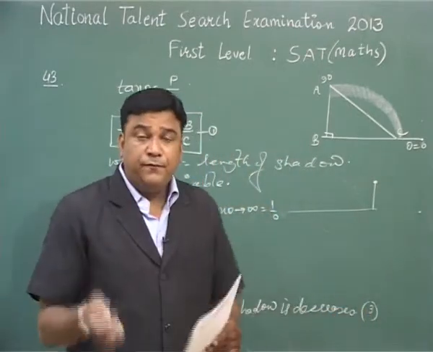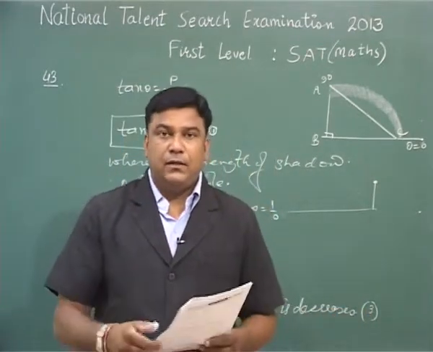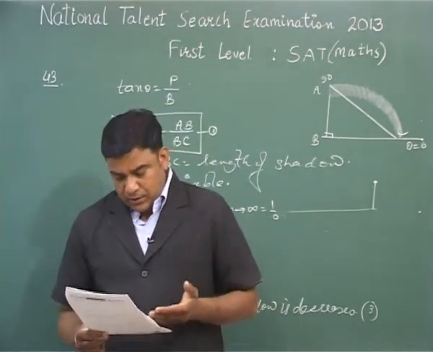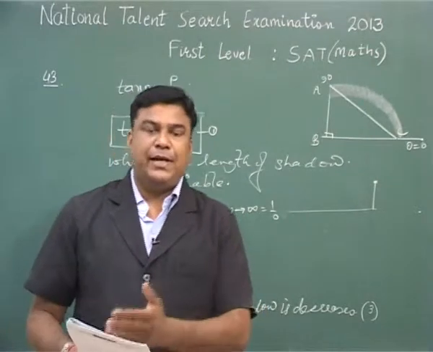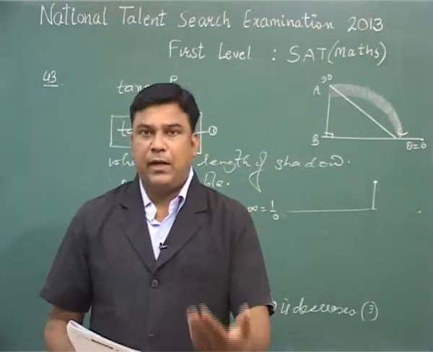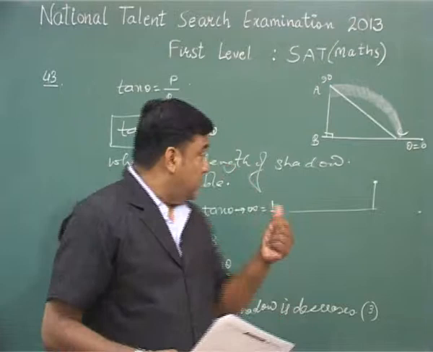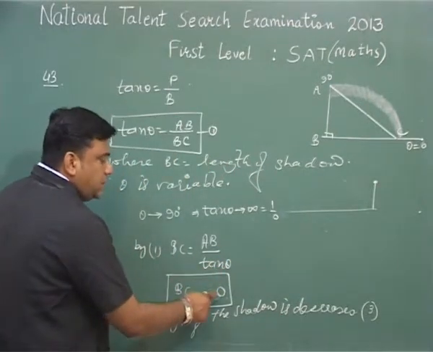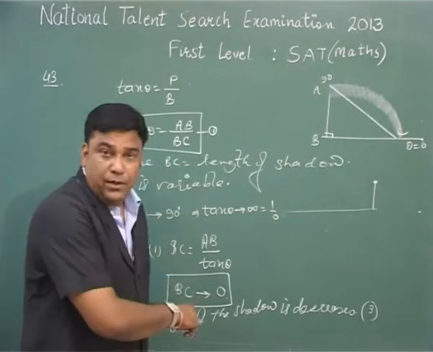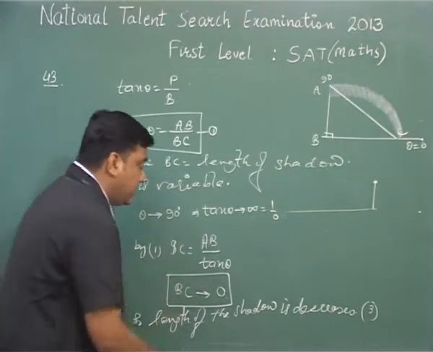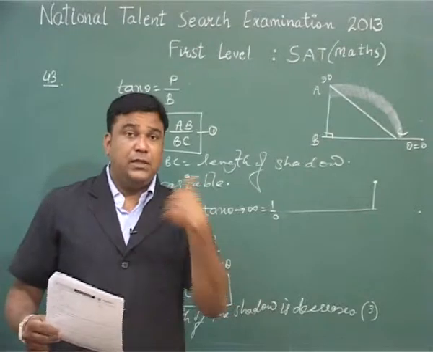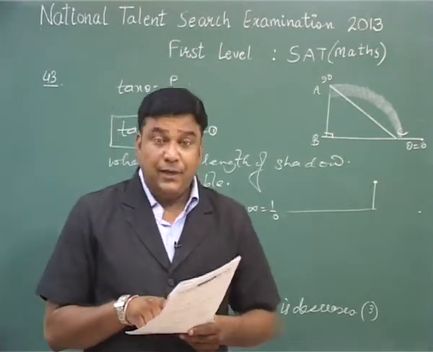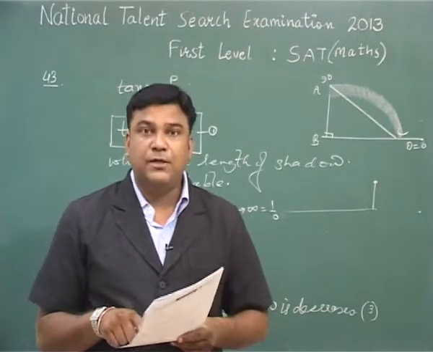But if theta is equal to 90 degrees, it is obvious that the change of theta is from 0 to 90 degrees, so the final value of theta becomes 90 degrees. And if we put theta equal to exactly 90, it becomes 0 and not an arrow. BC becomes equal to 0. In this situation, BC is equal to 0. In this case, the fourth option will be correct. Length of shadow will be 0.